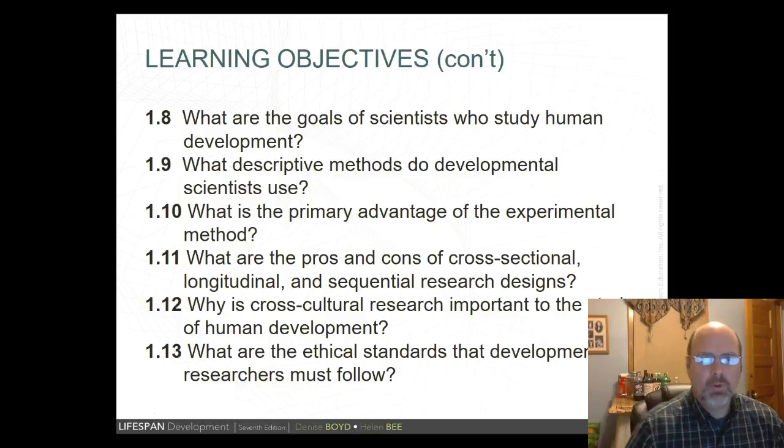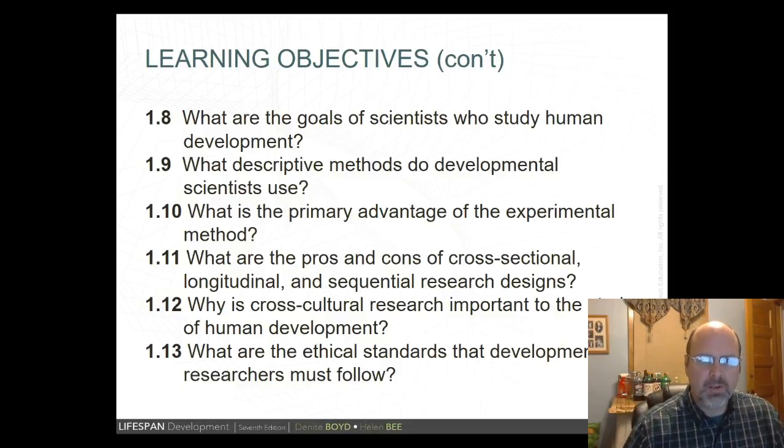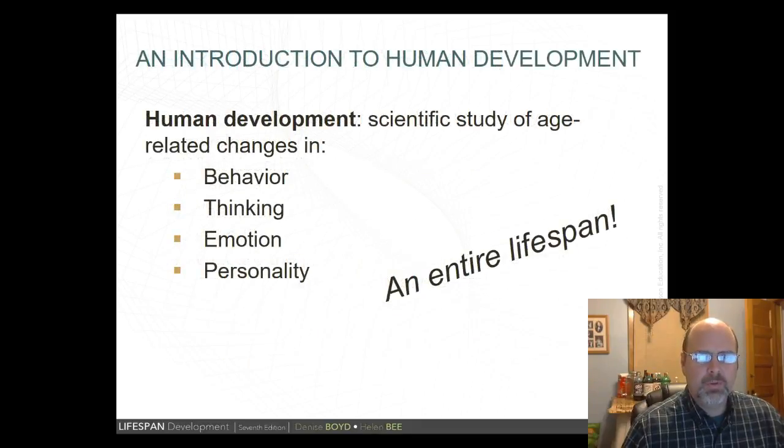scientists use, what is the primary advantage of the experimental method, and what are the pros and cons of cross-sectional, longitudinal, and sequential research designs, and why is cross-cultural research important to study human development, and what are ethical standards that developmental researchers follow. So first of all, for the introduction, human development is a study of age-related changes in behavior,